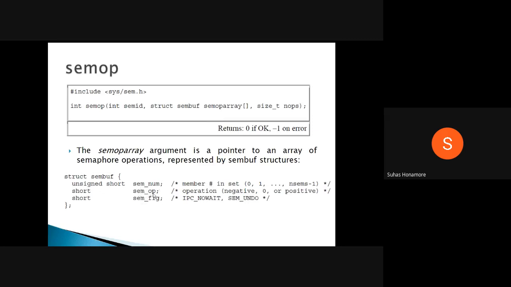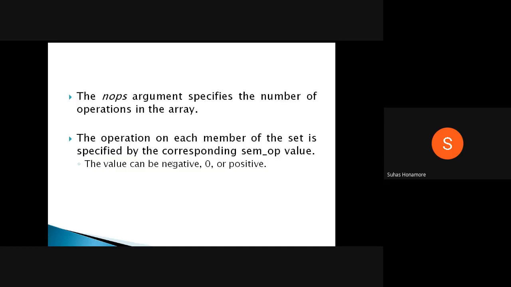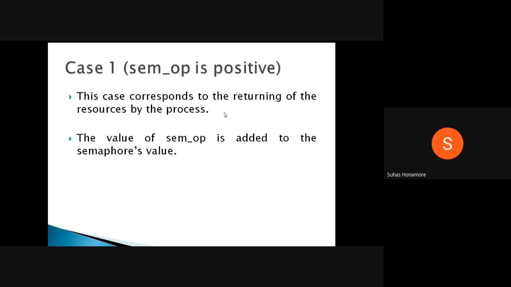Okay, so there is something else, semop. Here we have 3 kinds of operation: negative, positive, and 0. Whenever we have a positive value, what it will do is, that positive value means that many resources you already used, now you don't want to use them, so take those semaphores, that is, take those resources back to the system. Suppose I have this value as 3, it means already 3 resources I have used, now I don't want to use them, take those 3 resources.